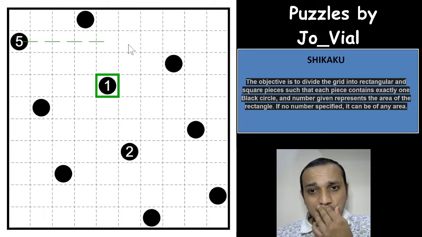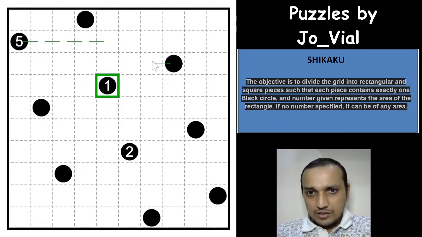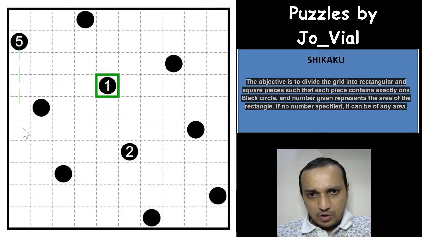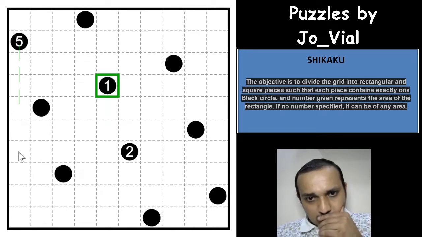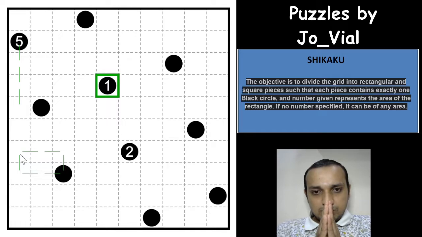Okay, that's awesome guys. This cell can only be taken by this circle. What about this cell now? There is no circle possible that can take this cell. That's awesome. So which means 5 will go down, right? 5 will go down, so it can either extend up or down, and which means now which circle can take this cell in particular. It cannot be taken by 2, it cannot be taken by this cell, so it has to be this cell. That's nice.